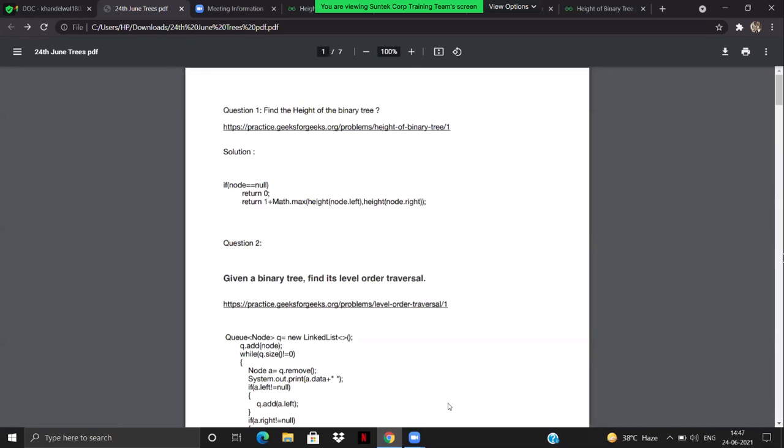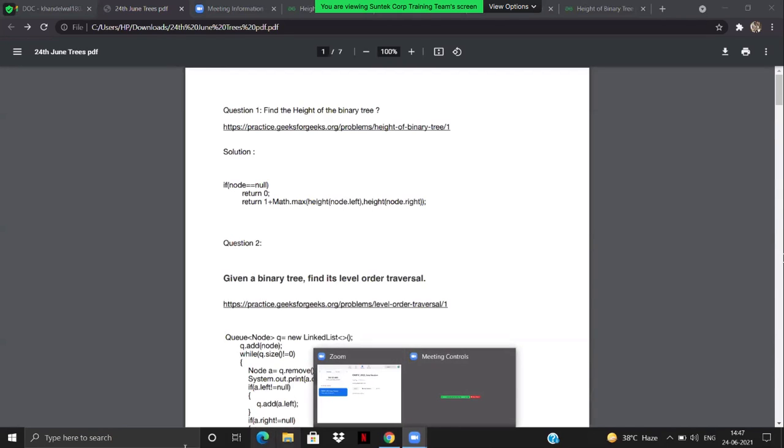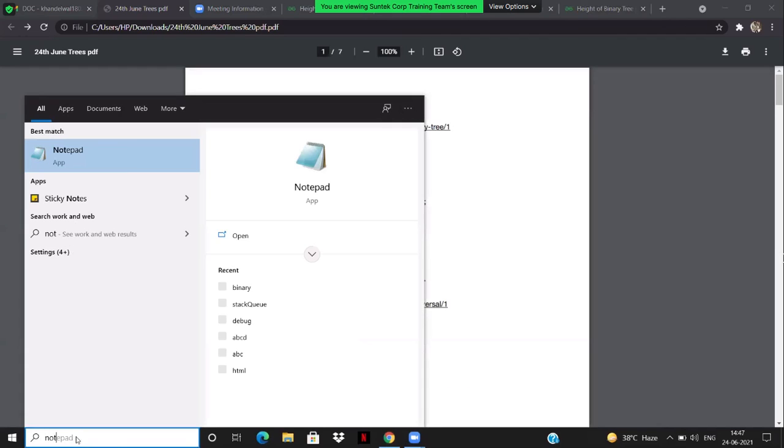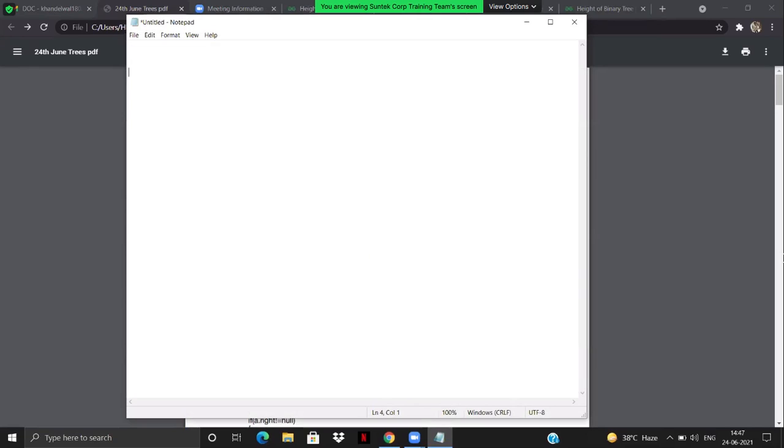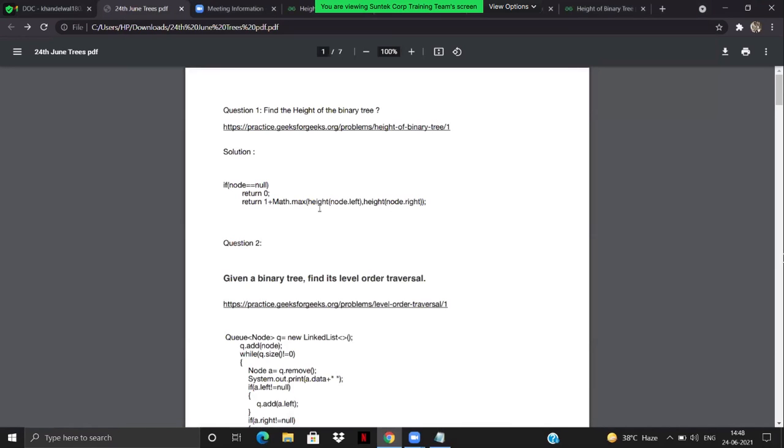What if my tree looks like this? So there can be two scenarios. It would be like this. Just assume that we have a tree in this manner. If my tree is in this manner, I will be having only left trees, right? So this is going to iterate for n number of times. Again, this is going to iterate for n number of times. And whenever we have a call right after the other in the recursive function, the time complexity will become 2 to the power of n.